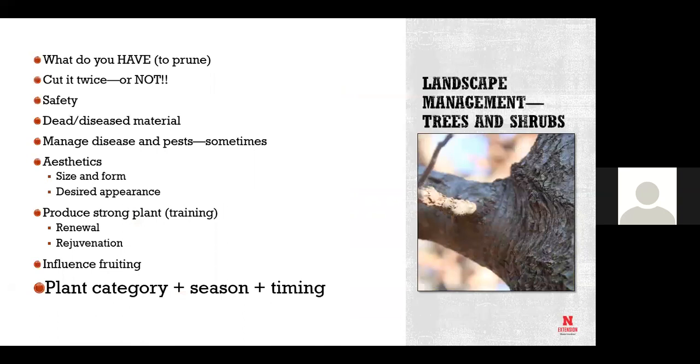Okay, pruning. I teach an entire class on this. Eric North, who is our new dendrologist, teaches an entire class on this. So here's the quick and the dirty on pruning, which is what do you have to prune for what reasons? The first reason is always safety. If it's going to fall on your head, somebody ought to prune it off. If you're going to back out of the driveway and run over somebody's small grandchild, you need to do some pruning.